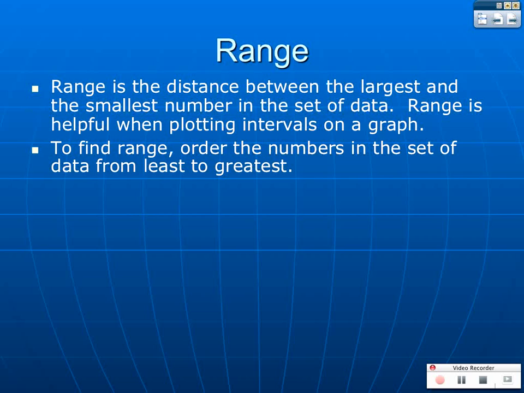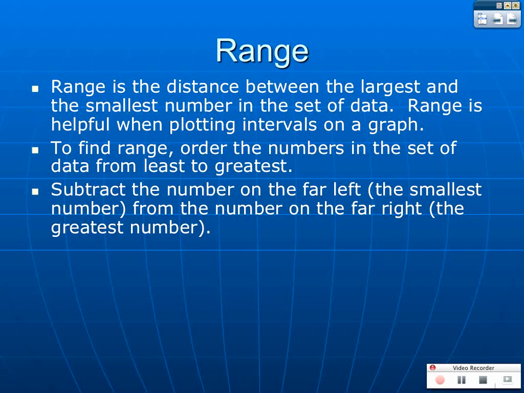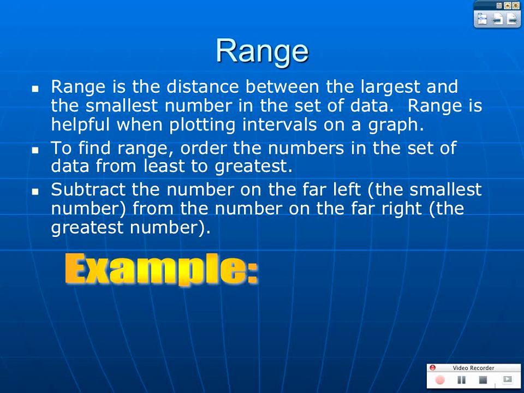So if I take the number with the maximum value, which is 9, and I take the number with the minimum value, which is 3, what do I do with those two numbers? Subtract. Okay, you subtract them. 9 minus 3 is 6. So in this case, the range is 6. But, as I said earlier, always remember to order your numbers from